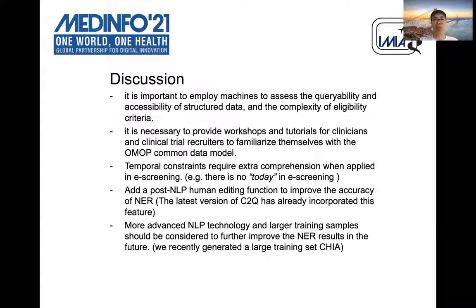Temporal constraints can be tricky. In certain cases, for example, today is a vague word because we are not actually recruiting anyone yet. So in that case, we need a better comprehension of those temporal constraints in e-screening. Post-NLP human editing functions